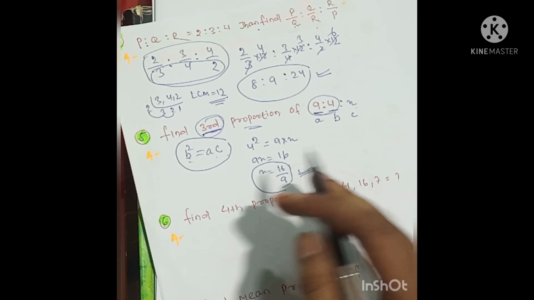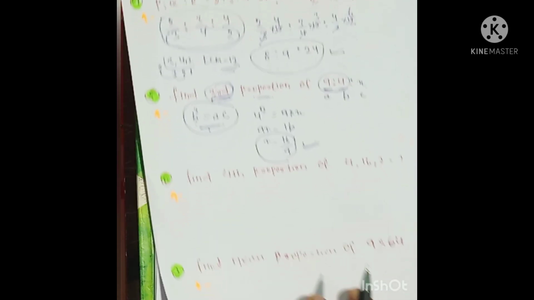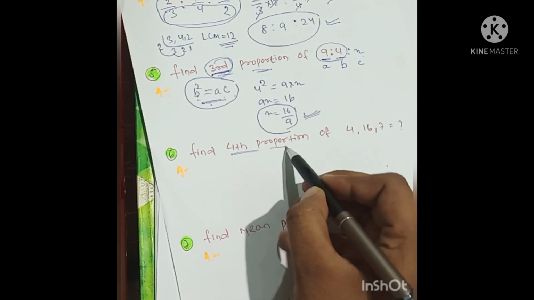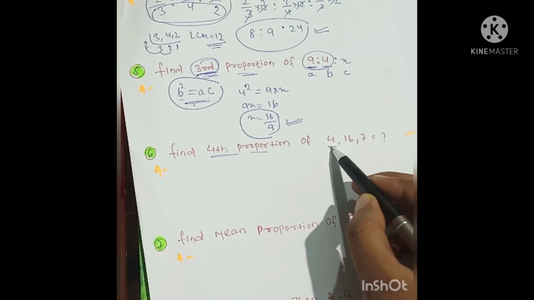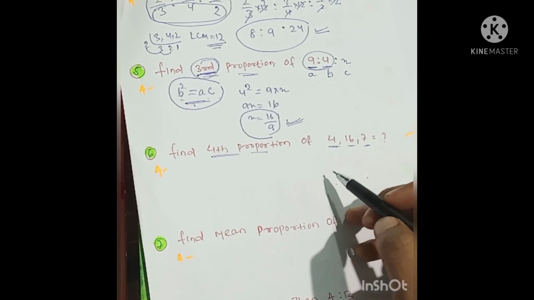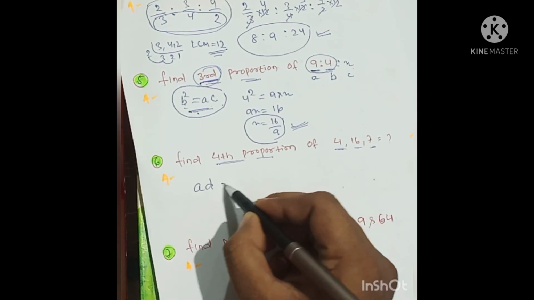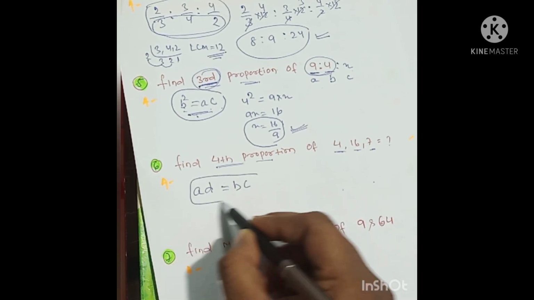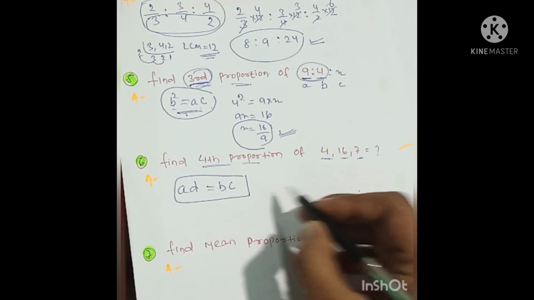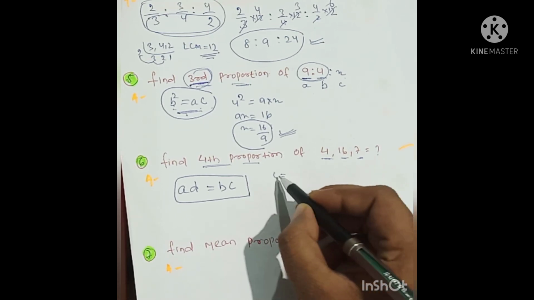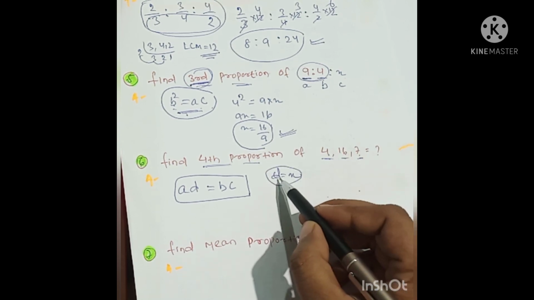So you only have to remember the formula b square equal to ac when it is asked for third proportions. Similarly we go for fourth proportions. Here there should be four places, but now we have only 3 places. So for the fourth place you can take x. The formula is AD equal to BC. This is the formula for fourth proportions. Simply put in the formula: take D equal to X. Here A, B, C are already given, but you have to take D equal to X.